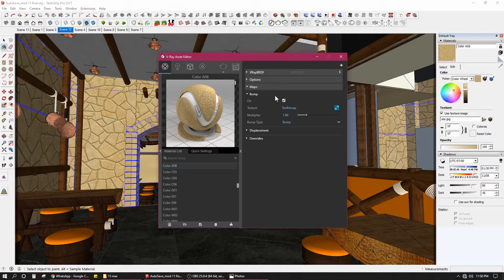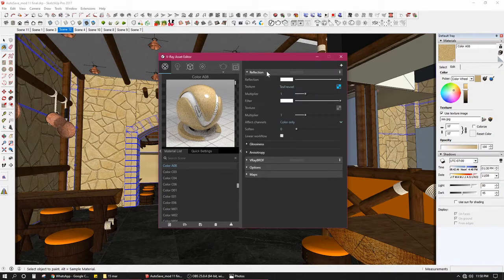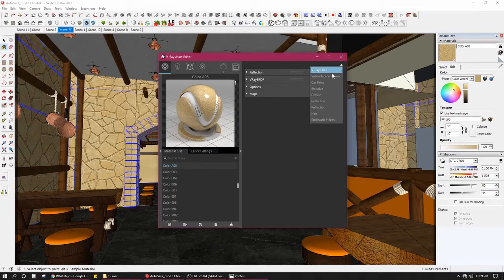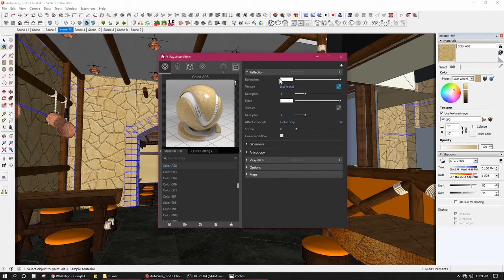Now all I have to do is add a few layers of edits. One of them being a little bit of reflection. I want my material to be slightly lustrous in texture. So for that, I just click on this plus sign and I go to the reflection layer. This layer comes up on it. Now I need to change these values, right? So how do I do it? I go down to the glossiness tab.